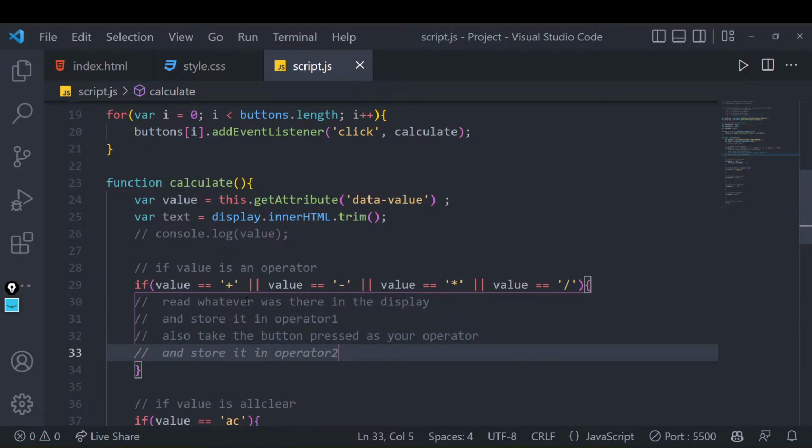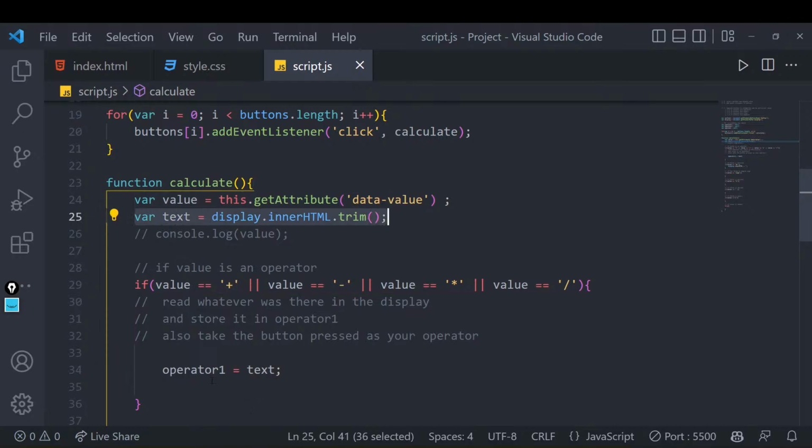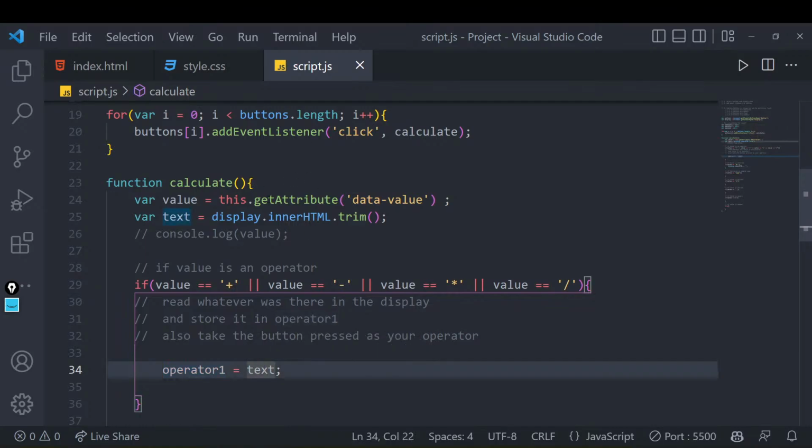If this is not making sense, don't worry, hear me out on whatever I'm writing and you'll probably get that. I want to do one thing. I have to read that. I will say operand1 equals text. I can directly write that. I can say whatever is in my text area, read that and fix that value over here. But sometimes the problem that might happen is that whenever we read this thing from our input area, this might count it as a character. If I'm reading 23 or 29 or something, it might count it as a string.